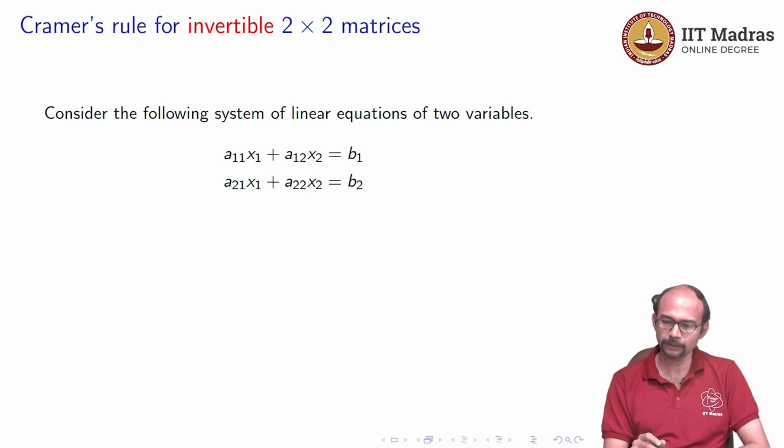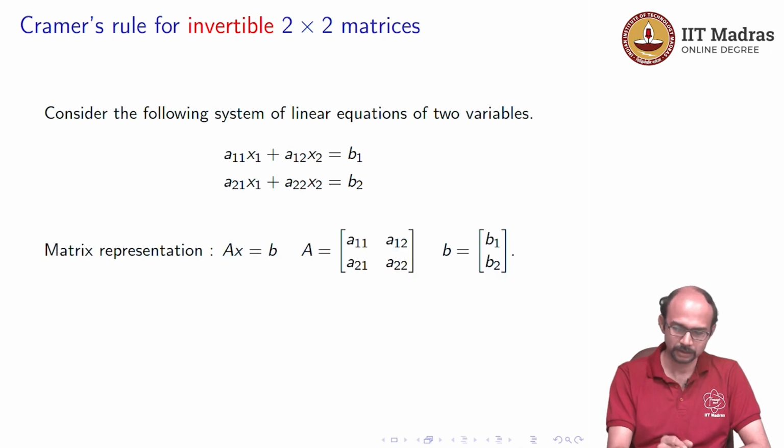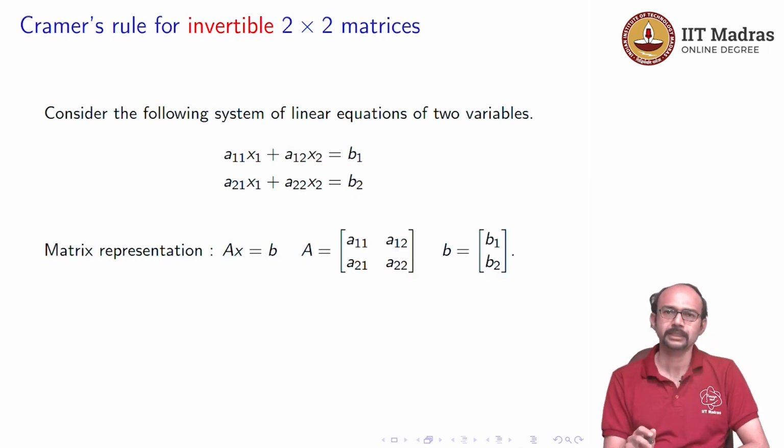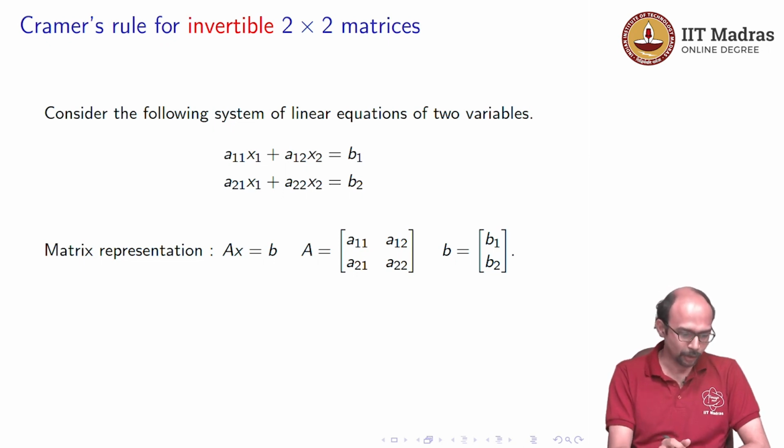Okay. So, consider the following system of linear equations of two variables. A11 x1 plus A12 x2 is B1, A21 x1 plus A22 x2 is B2. So, the matrix representation here is A is A11, A12, A21, A22, and B is the column vector B1, B2, and the assumption here is that the matrix A is invertible, meaning its inverse exists, and because its